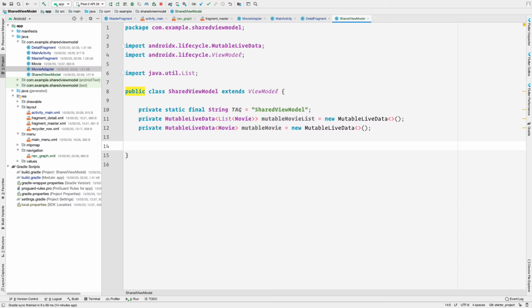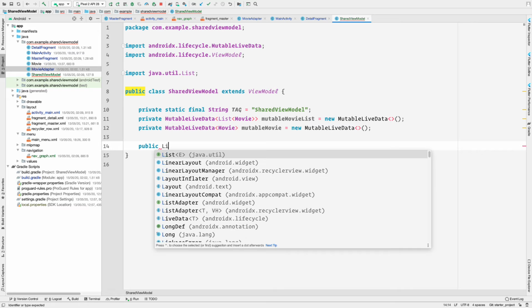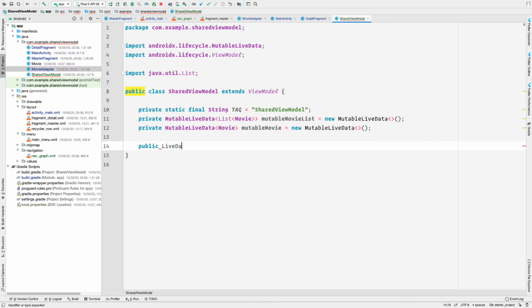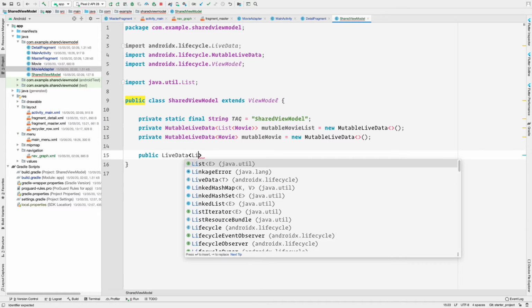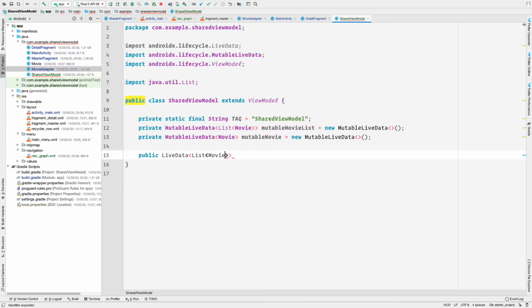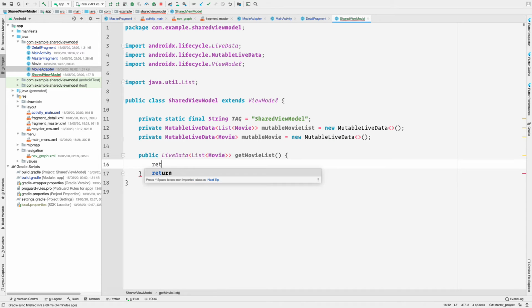So let's create a new method here, that is public LiveData, because that is the return type here, and this contains a list of Movie, and we can call this method getMovieList like this, and then we can simply return this mutableMovieList.